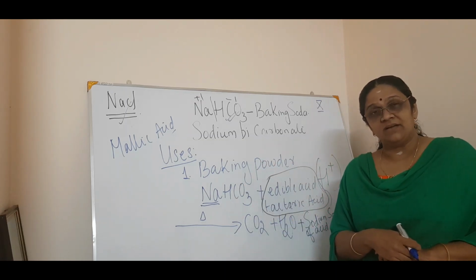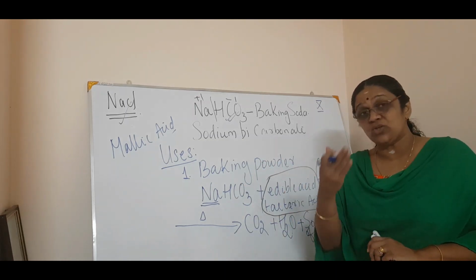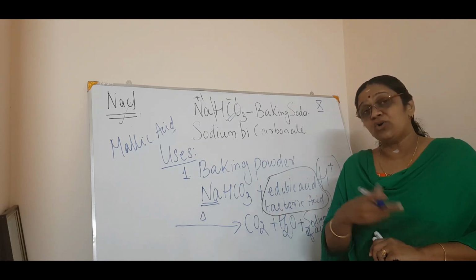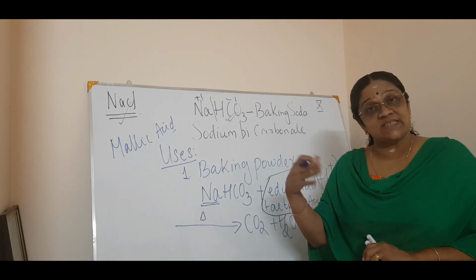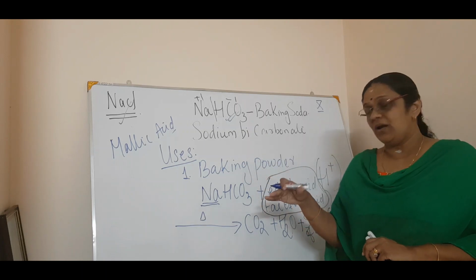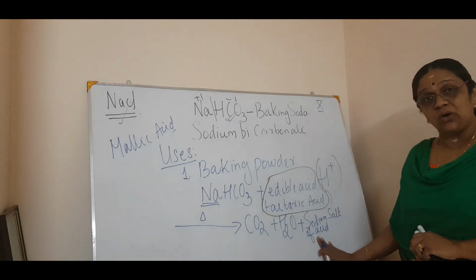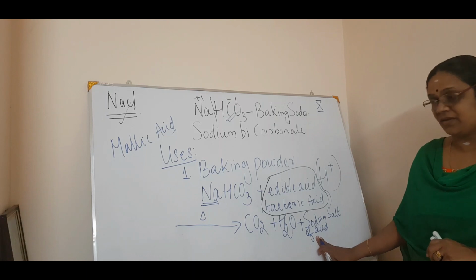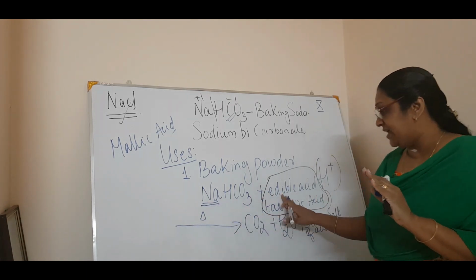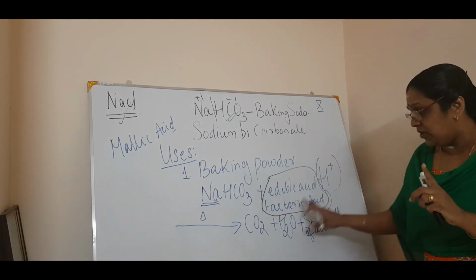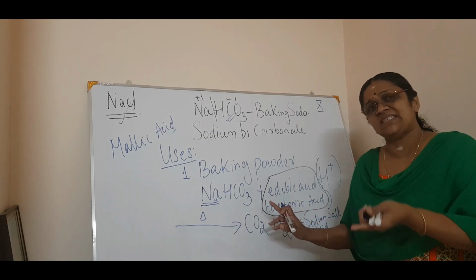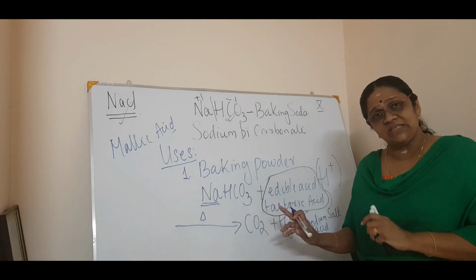Or if you use oxalic acid, that's also edible, isn't it? In tomatoes you get oxalic acid. Then you can write sodium oxalate, sodium malate, isn't it? These types of salts you will get in this equation. Is it clear? Once again, when sodium bicarbonate is treated with any edible acid, you will get carbon dioxide plus water plus the sodium salt of that acid. Whichever acid is used, you get the sodium salt of that acid.